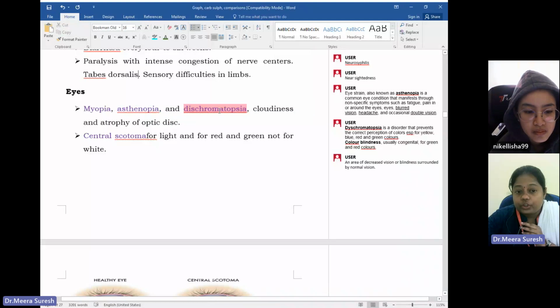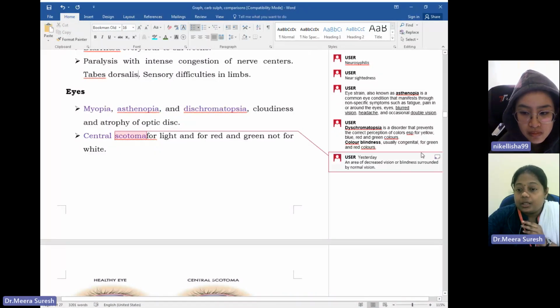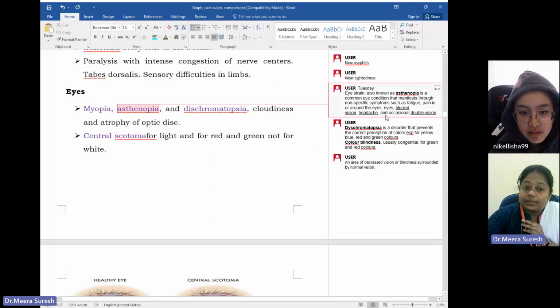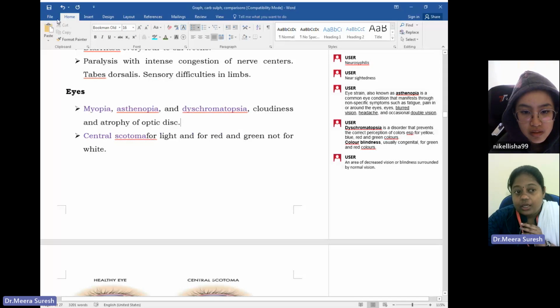Then the condition of dyschromatopsia, which means the color perception is affected. It is almost similar to color blindness, but color blindness is usually a hereditary condition. I understood this difference when I was referring for that. So when we say color blindness, usually the complaint has to be congenital in nature, and the primary colors are affected, especially the green and red. But in case of dyschromatopsia, it can be an acquired one also, later in life, not congenital. And here, the perception of the color is affected,